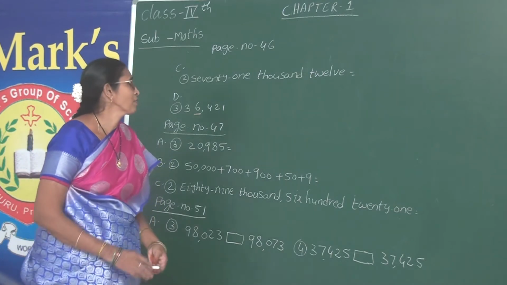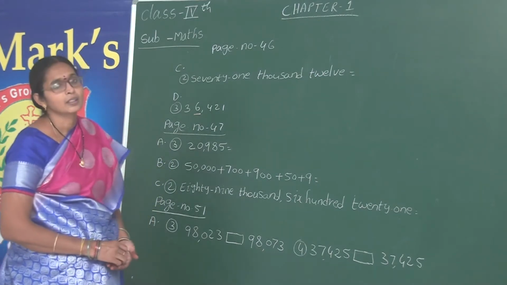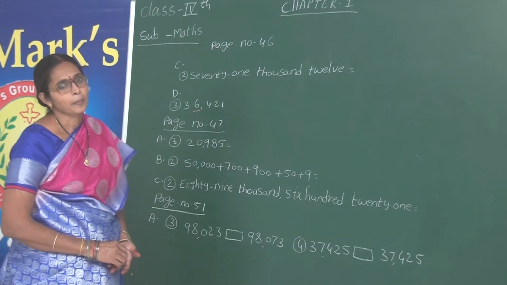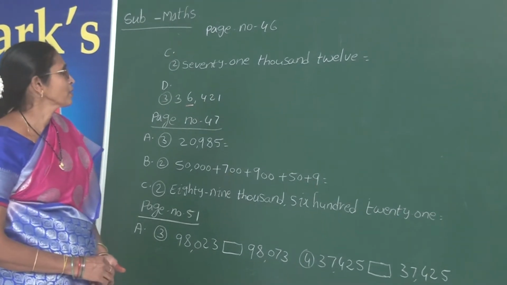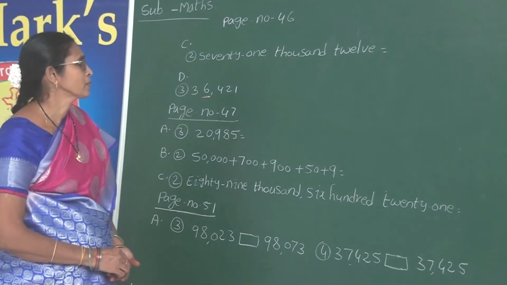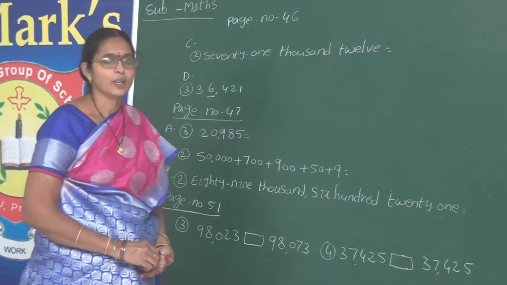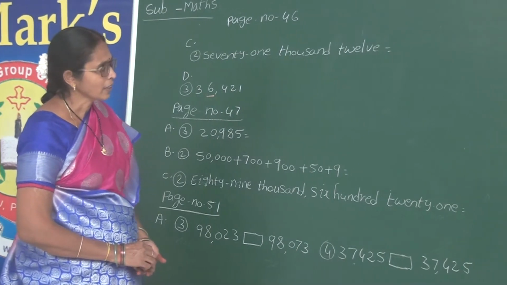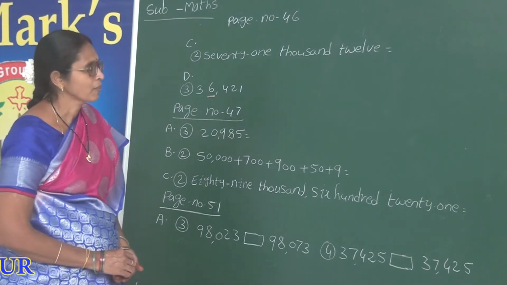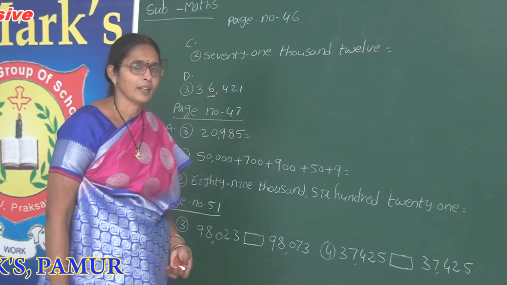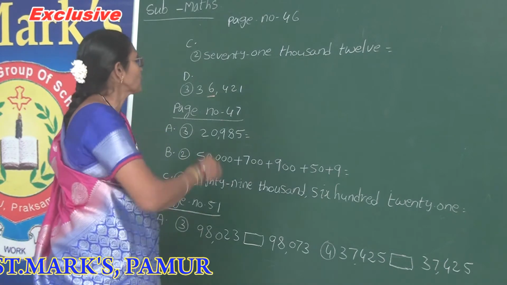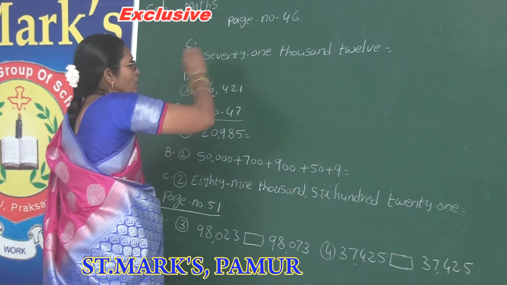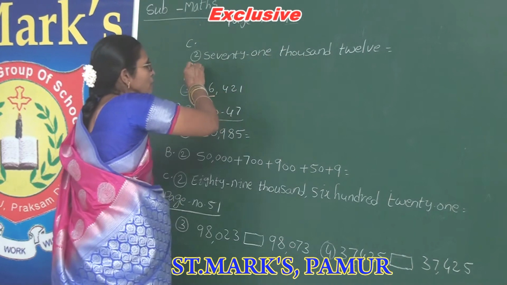Okay, first of all open page number 46. Take pencil. In page number 46, I have given third Roman, C Roman, one question for you as a homework. So I think you completed. Whether it is correct or wrong, check it once again. If wrong is there, you have to erase and write correctly. Okay. So C Roman, page number 46, C Roman, second question.